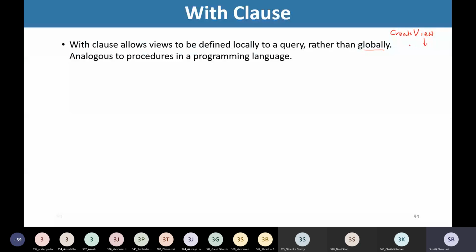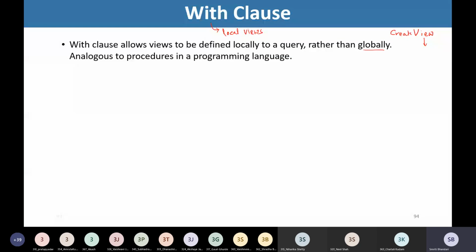That means once the view is created, its definition is in the database system, and that view can be used to write any query. But in the with clause, we are going to create local views.